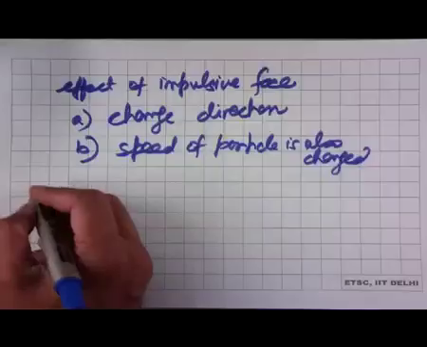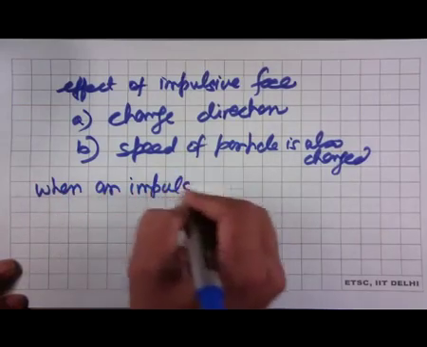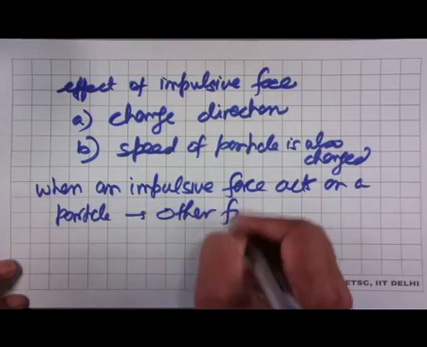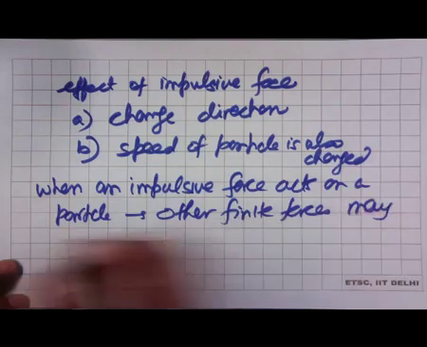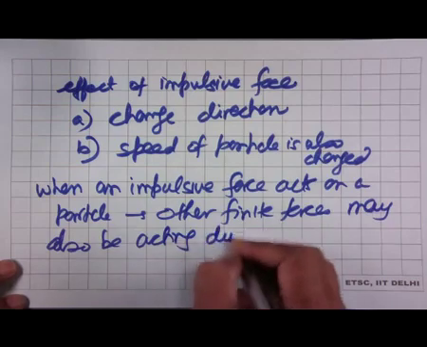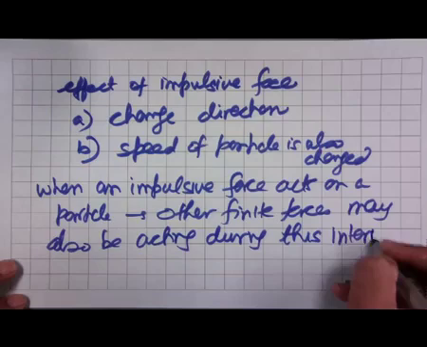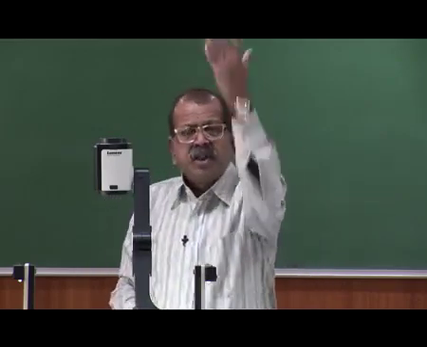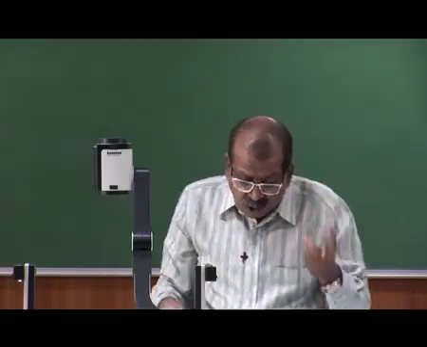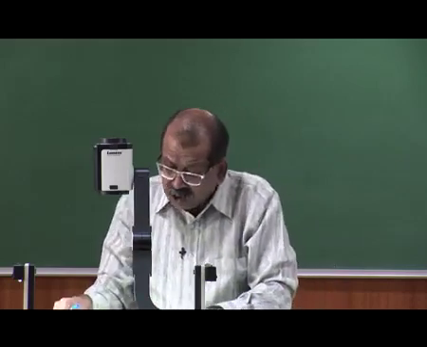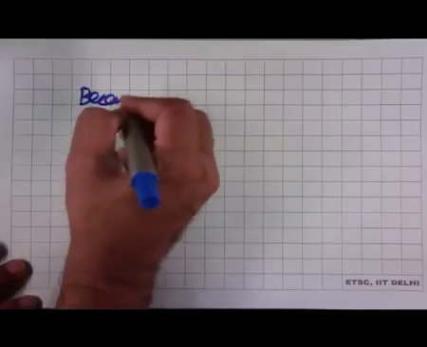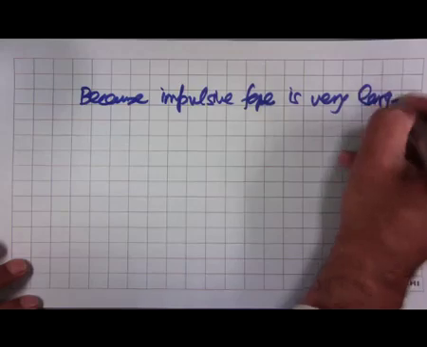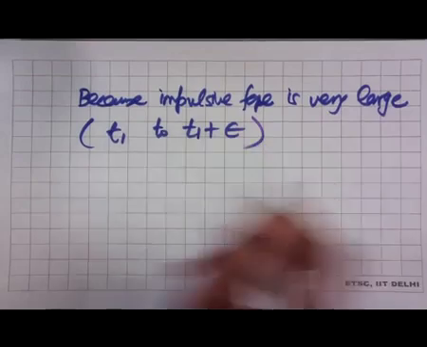Now, when an impulsive force acts on a particle, other finite forces may also be acting during this interval. When an impulsive force acts, it is possible other forces are also acting. For example, when the tennis ball is coming and is being hit by the racket, gravity is also acting during this time, but because the impulsive force is very large and this force is acting from T1 to T1 plus epsilon, a very small period of time,